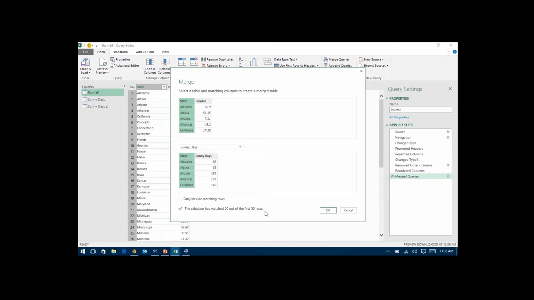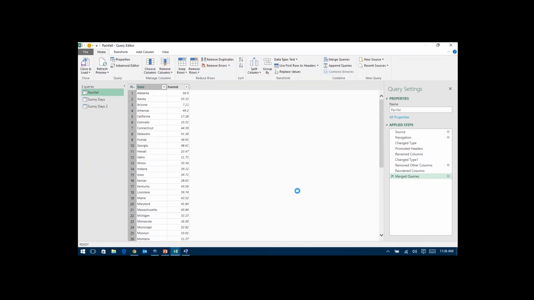By default, it's going to do a left join here. So if I had 50 states plus the territories, so maybe we have 50 states plus Puerto Rico inside of here, it would say that it matched 50 out of 51 rows down here at the bottom. If we only wanted inner join functionality, so I'm going to take the matching rows, we can check this box here, but at this point, because we only have 50 rows of these, it's not really going to make any difference to us here. Okay, so I'm just going to leave that as it is.